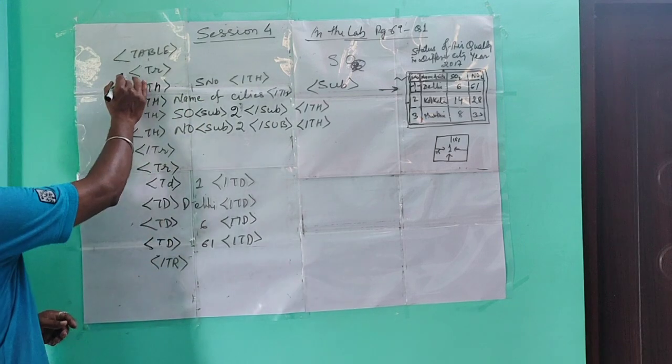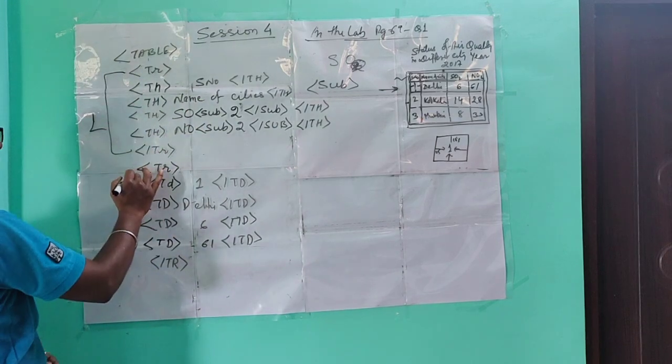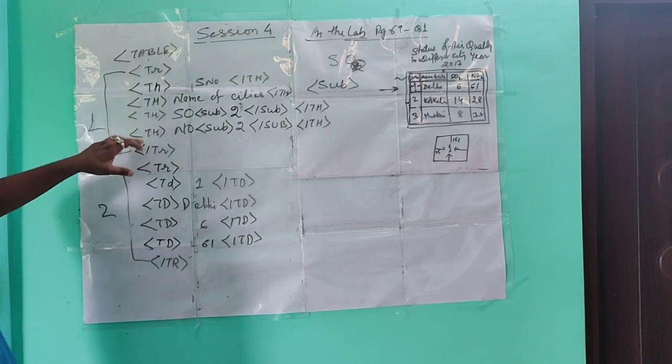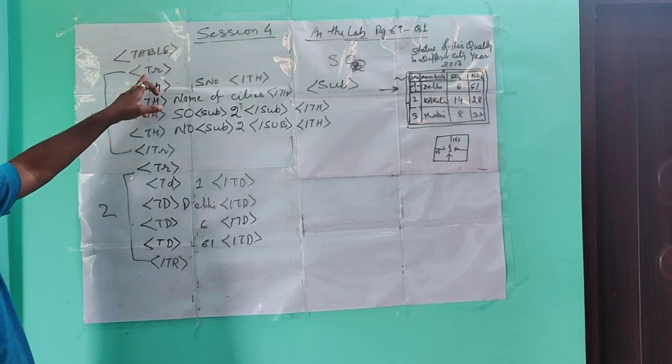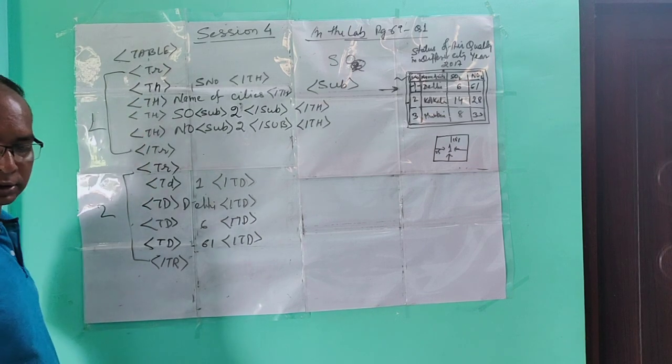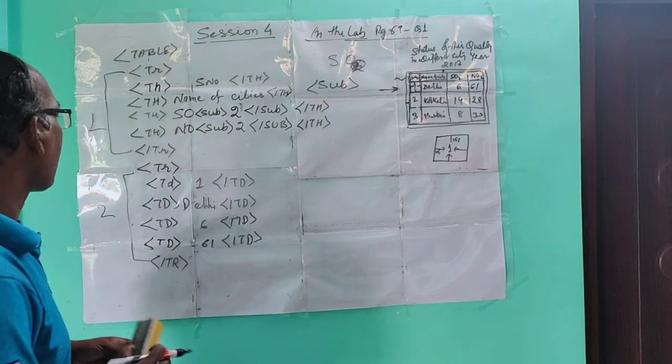This is for the first row. This is for the second row. So tr, th, td are container tags. When you open a tag, the closing tag must be in your program. So the second row is finished. For the third row,